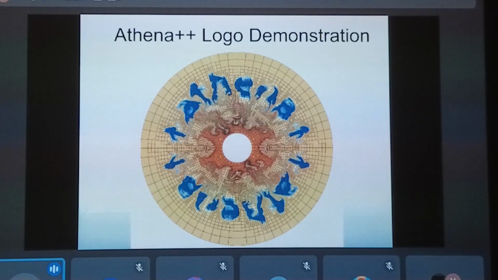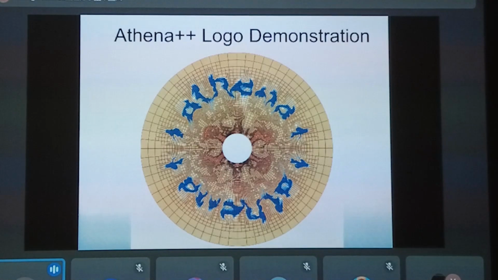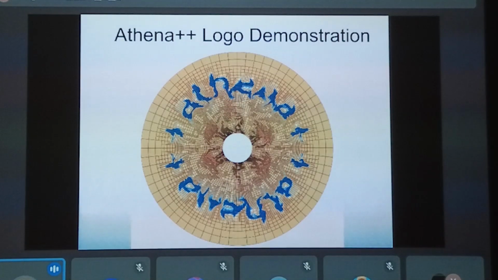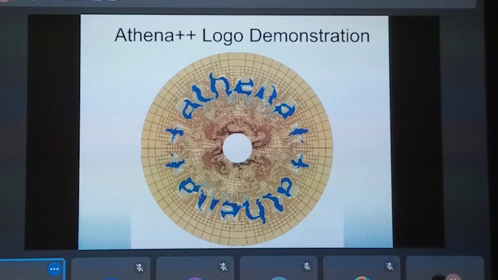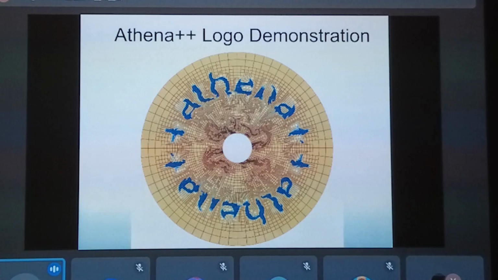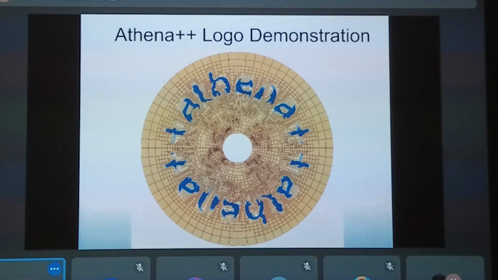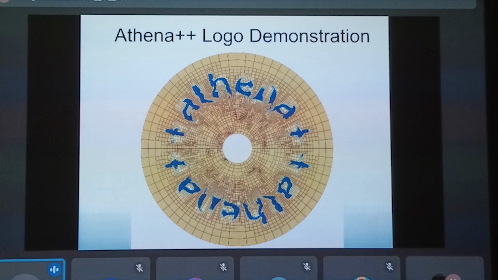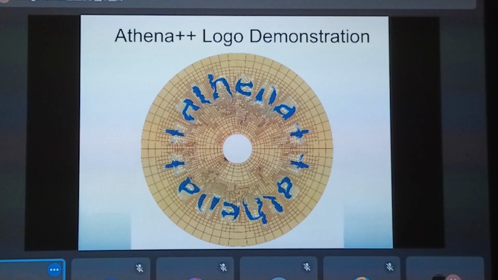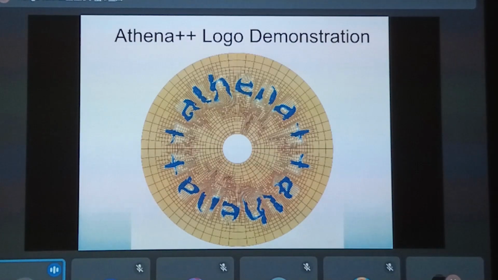And then we applied adaptive mesh refinement. So this simulation demonstrates that Athena++ can support adaptive mesh refinement in curvilinear coordinates. But at the same time, to implement this simulation, you don't have to change the code itself. You can implement this simulation just using the provided user interface. So this demonstrates how flexible Athena++ is.